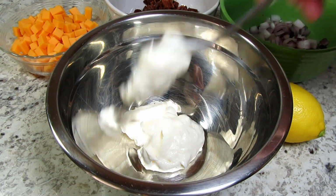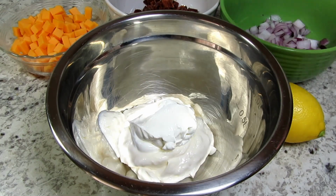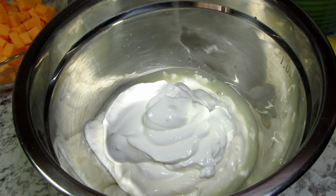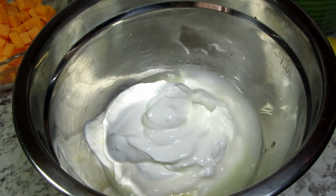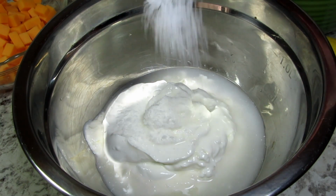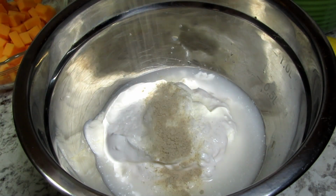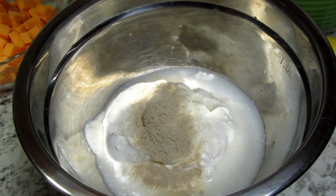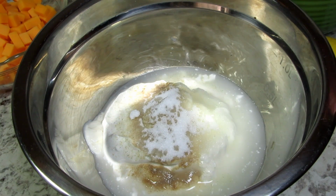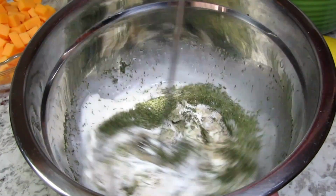In the meantime, I'm making the sauce. In a bowl, I have 3/4 cups of mayonnaise, and I'm adding in 3/4 cups of sour cream, 1 tablespoon of fresh lemon juice, 2 tablespoons of white vinegar, and a half a teaspoon each of kosher salt and white pepper. You can also use black pepper, 1 tablespoon of sugar, and 1 teaspoon of dill weed, giving that a good